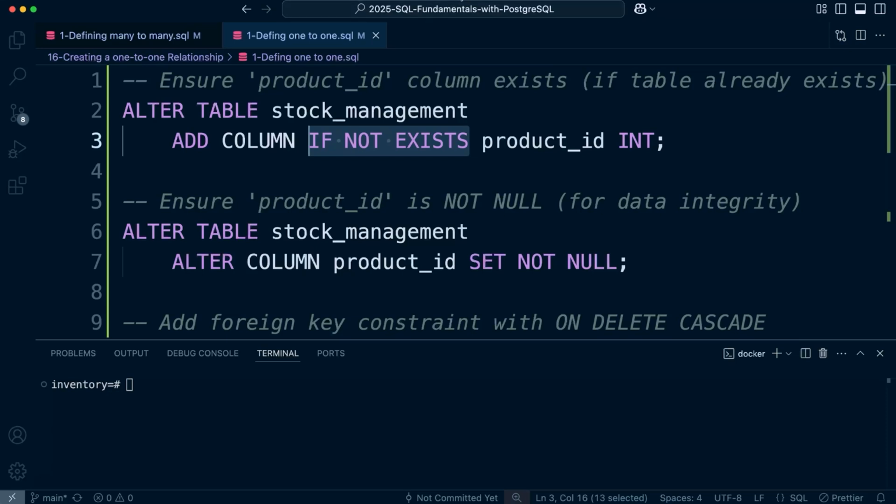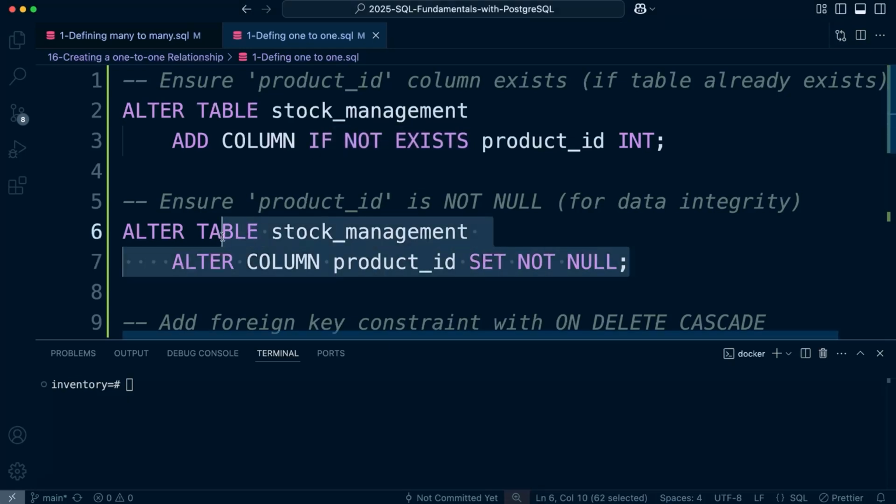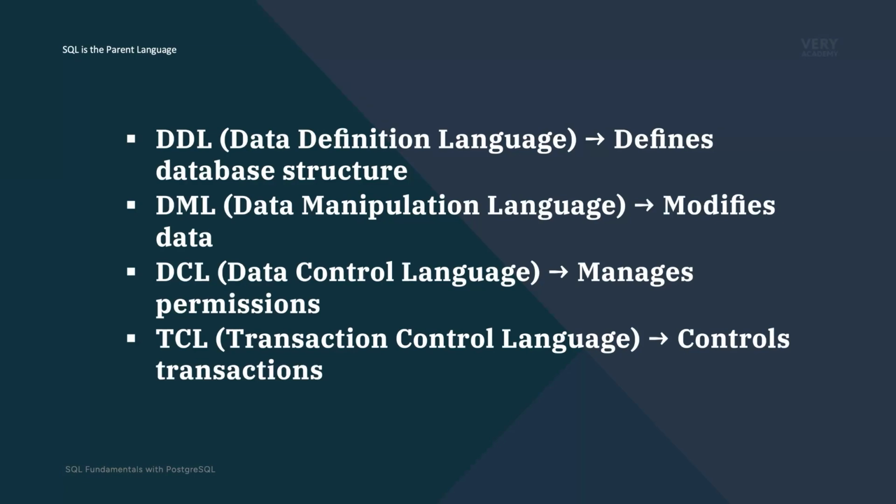It ensures that a column, constraint, or table is only added if it doesn't already exist. This can be really useful to ensure that everything is in place before you then perform your main operations on the database. Now, what we have stumbled on is that, as we already know, SQL is a standard language